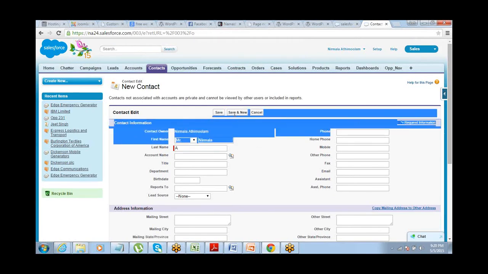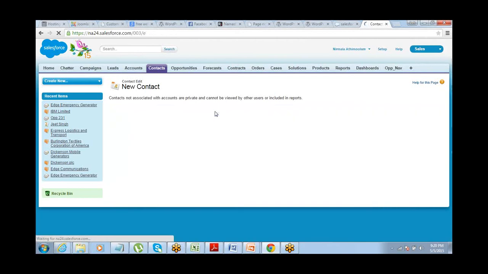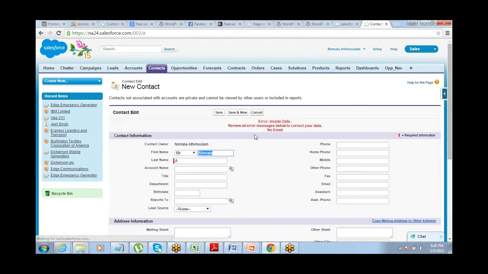Try to save it. It throws an error. There is no email here, right?